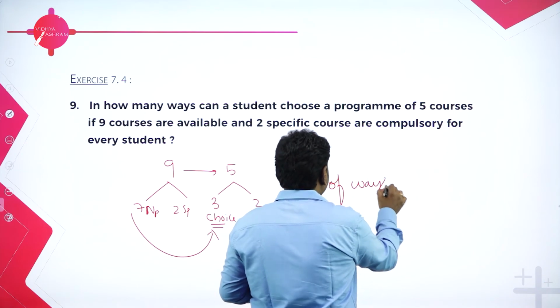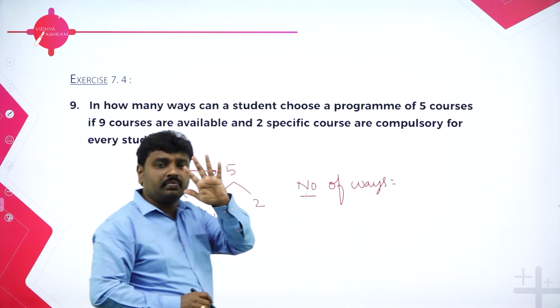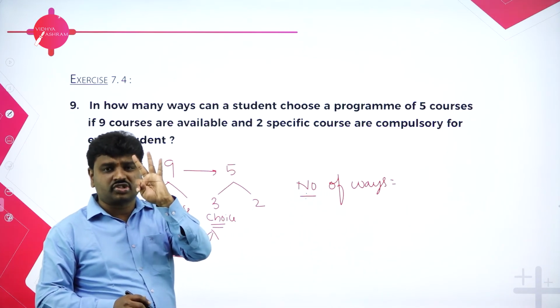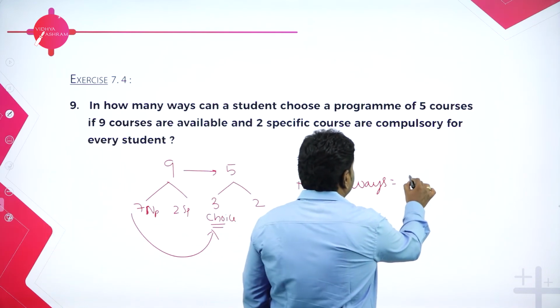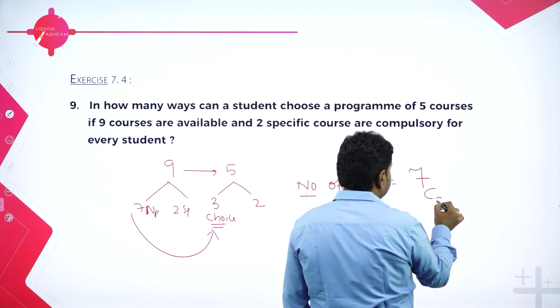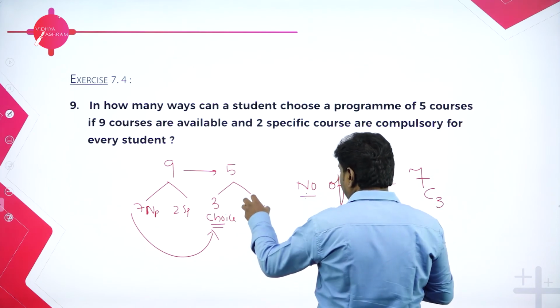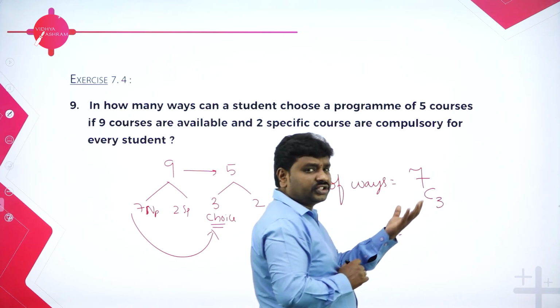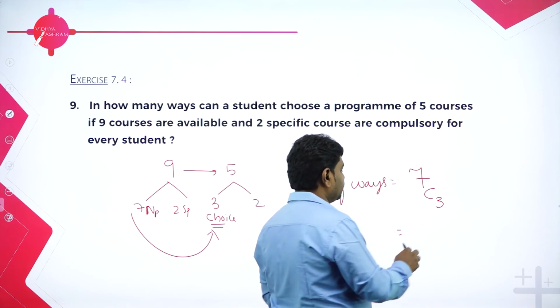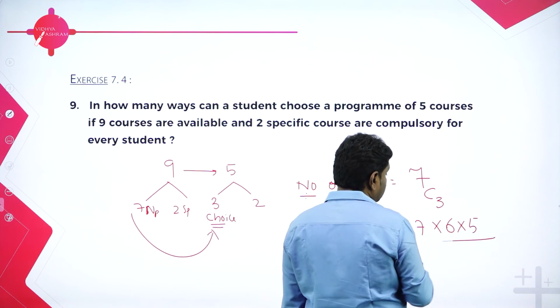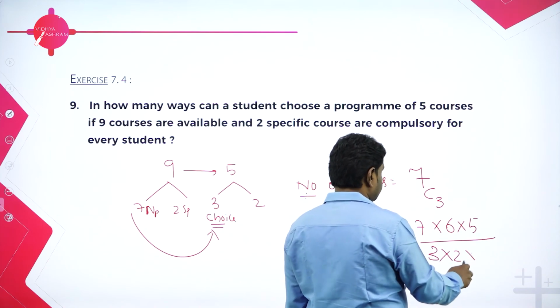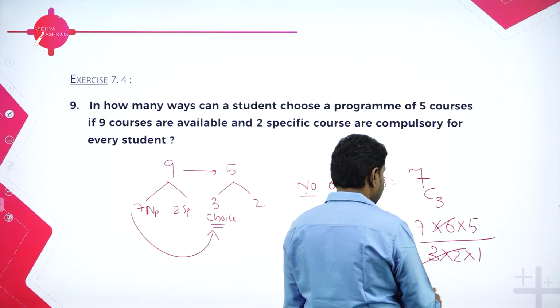See, the student, of course, he has to select 5, but 2 he must and should take specifically. So he has choice for only 3. 3 he has to select from 7. So total number of ways is 7C3, that's it. And remaining 2 out of 2, you should select 2. 2C2 is 1. So no need, 7C3. 7C3 means 7 into 6 into 5 divided by 3 into 2 into 1. 3 twos are 6 and 6 cancels, 35.